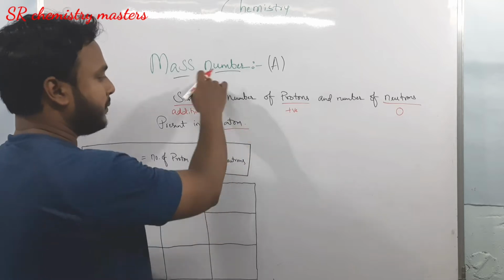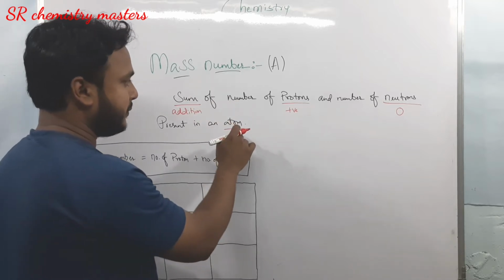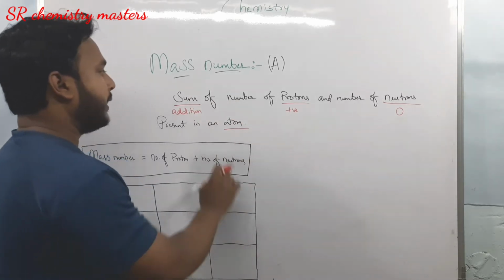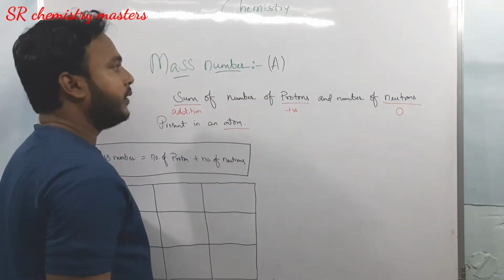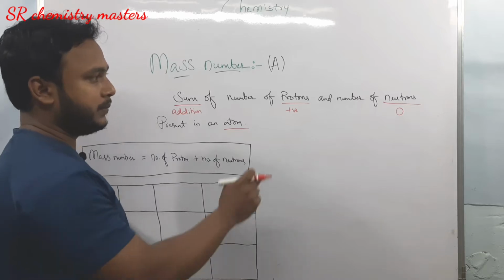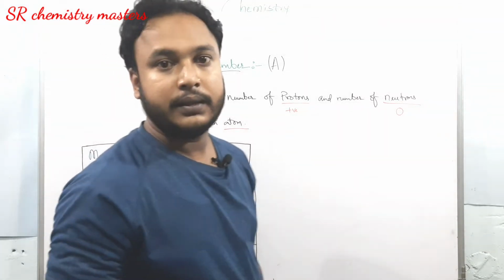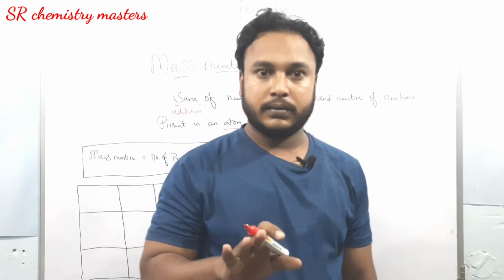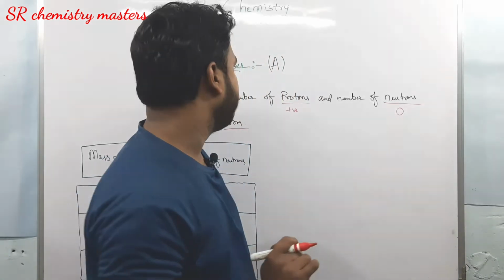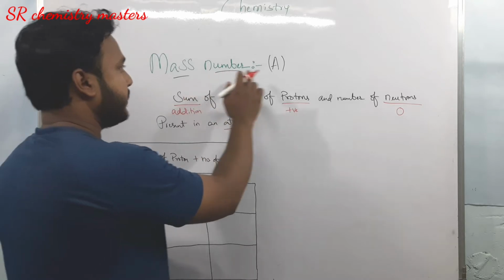We are going to see the mass number of an atom. So here we are going to take the number of protons and neutrons present in an atom. One thing here you have to see is that you are not going to take the number of electrons in the mass number. Now let us see, mass number is denoted by A.